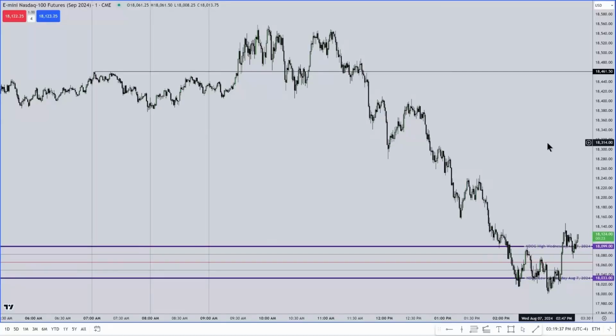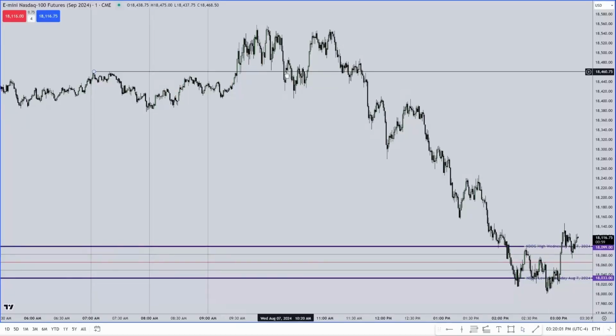Well, let's give this an example here. If this range is anticipated to be sloppy in the morning, then don't trust anything in the morning and wait for the afternoon session. So what does that mean? I have to wait until at least 1:30. So at 1:30, that starts the afternoon session for me. Now, sometimes the moves can begin just a little bit before 1:30, and it's not a big deal. I don't care about that.